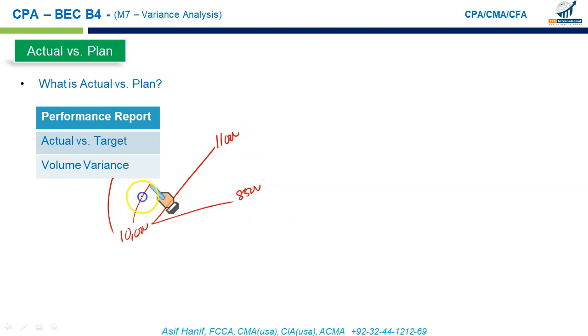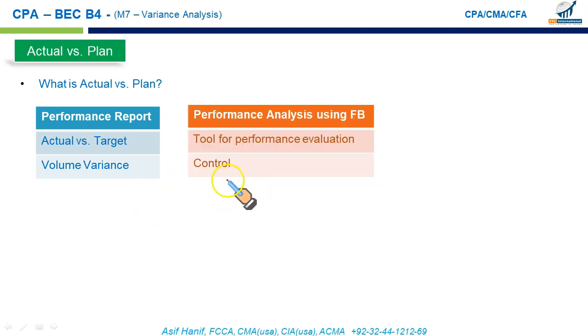In this case, the difference between the original production plan and the actual volume is called the volume variance, right? In this case, it is 1,000. In this case, it is 1,500. We'll discuss this as we go along. So we analyze our performance, 10,000, actual output is 11,000. We can't compare this 10,000 budget with the 11,000 actual performance. What we do, we write up or we develop a flex budget for 11,000 units.